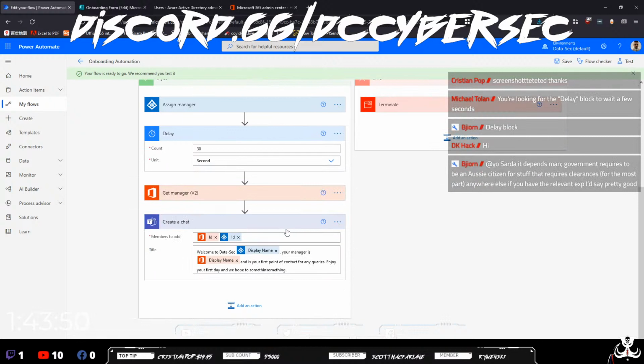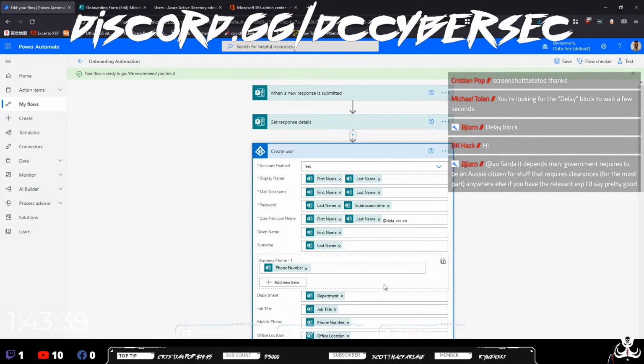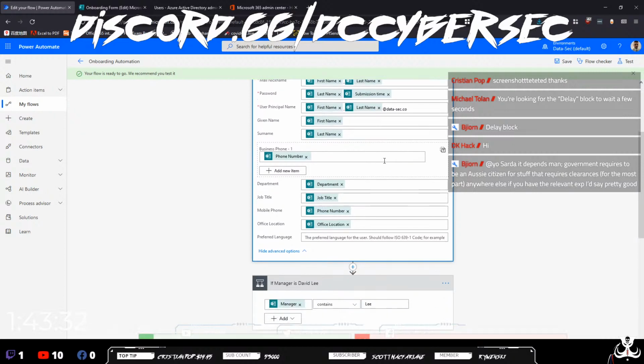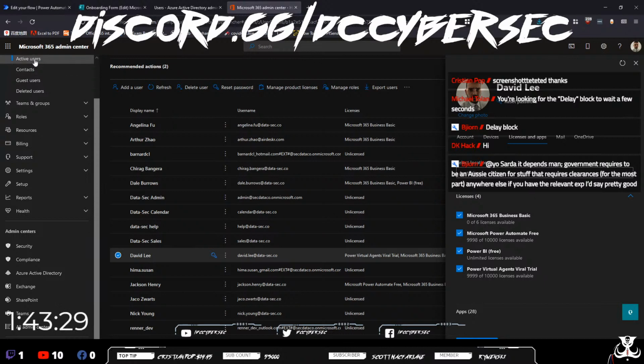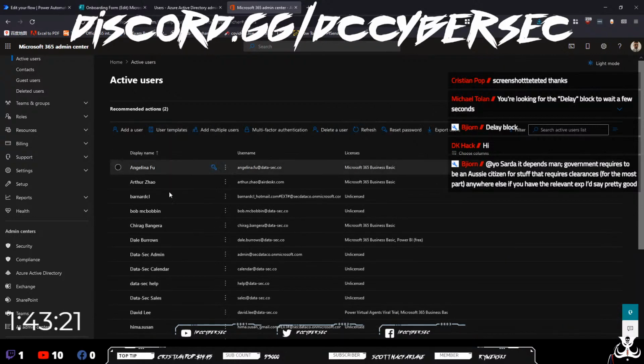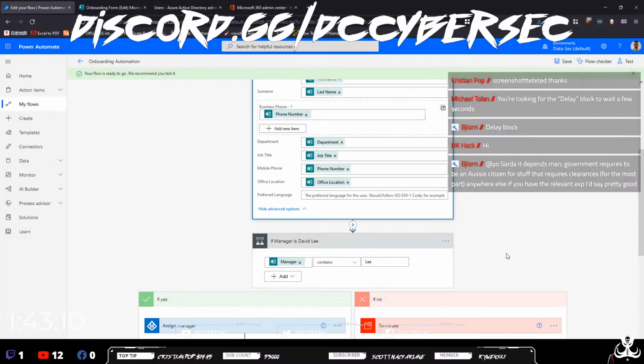So we could test that again, but we know it works where it creates the account after the form is submitted. It doesn't assign any licenses to the user because we're only creating an Azure AD account here. However, if we go into active users, the account should show up in here as well, but it will show up as unlicensed. Now you can assign licenses automatically, but I would highly recommend not doing that because if there aren't enough licenses available in your tenancy, so if you don't have spare licenses and you keep a fairly tidy shop like most people do,